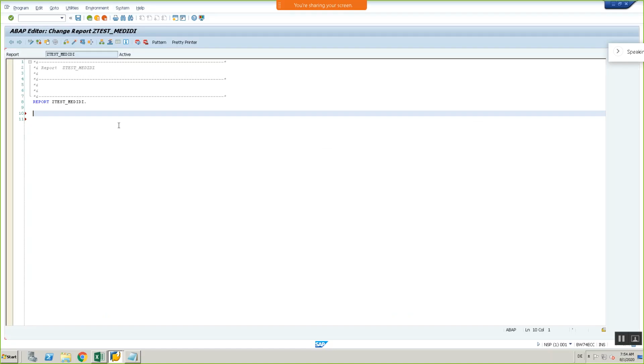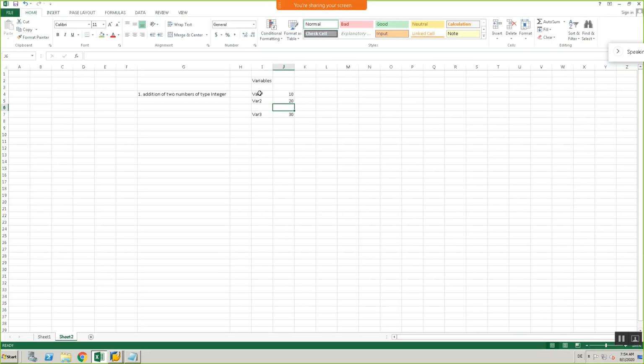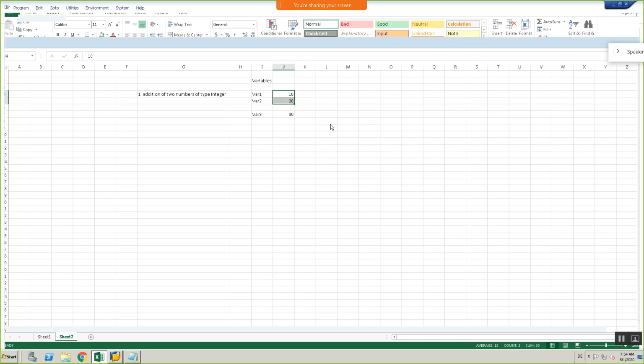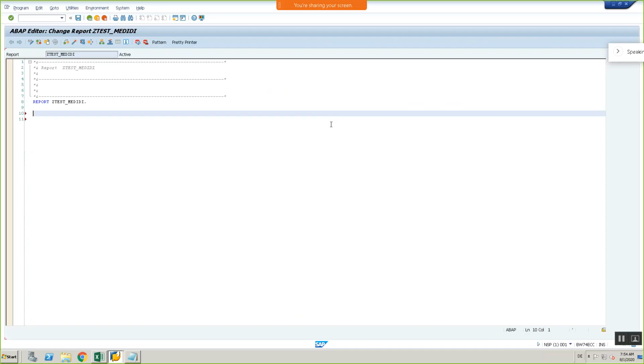To define what I told, we need two variables to save the two values that we are going to take as input. In order to define a variable, what keyword do we use? We use DATA. DATA is a keyword to define a variable.